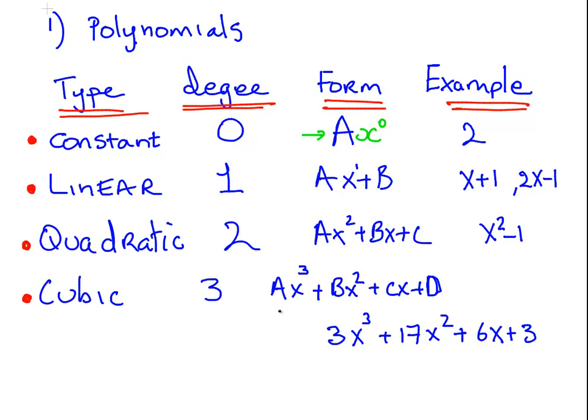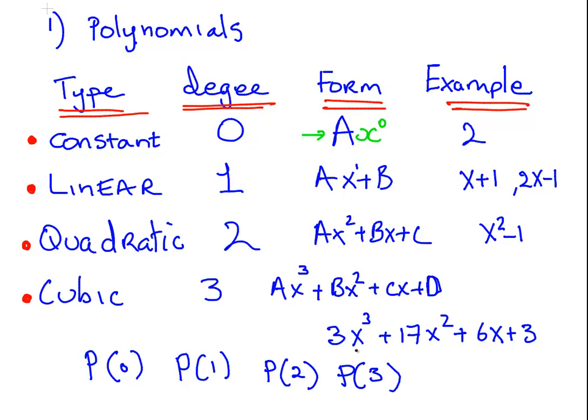One thing you could do here is write them as, for example, a polynomial of degree 0 could be written as p0, p1 for linear, and so on, p2 for a polynomial of degree 2, and p3 for a polynomial of degree 3. Sometimes you might see that in books. I'm actually going to use that now in a second, because we have to get back to the business of